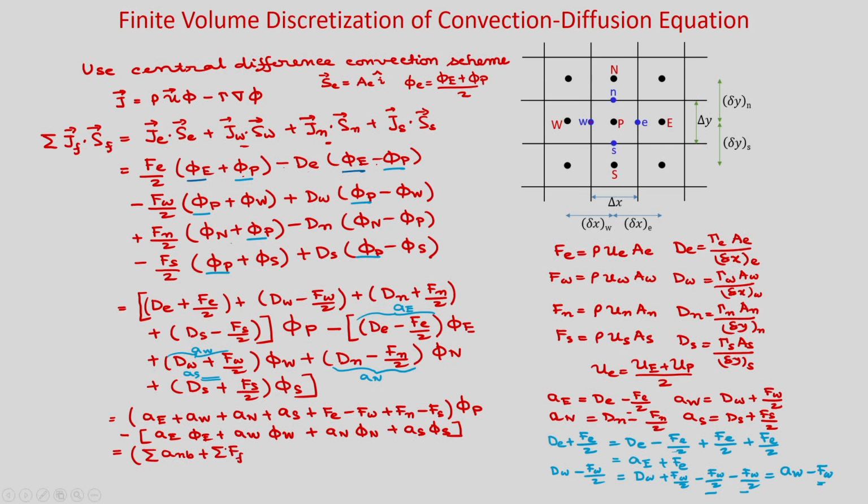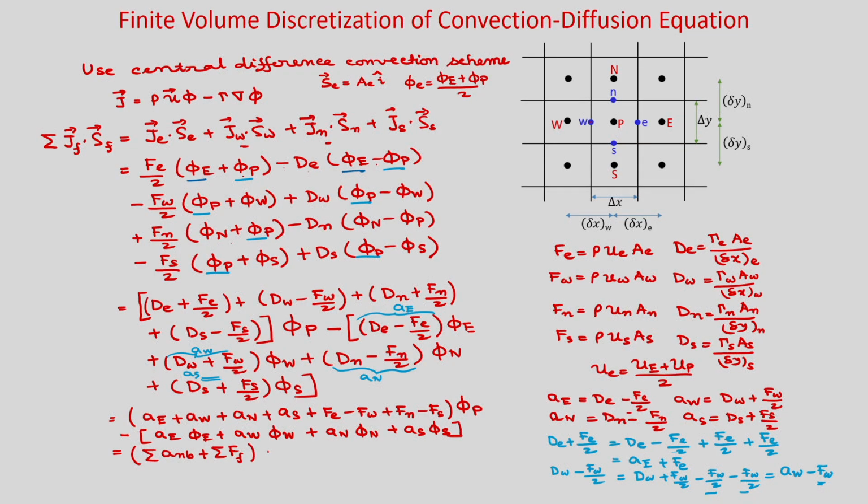What does it mean by summation of f f? So, summation of f f is net outflux. Okay. So, this is your mass flux. So, obviously, it satisfies the continuity. So, in the beginning of the solution it may be non-zero, but at the convergence summation of f f will tend to 0, because it will satisfy the continuity equation. So, this we have written, then this is your phi p, okay, and this you can write as minus summation of A n b phi n b.